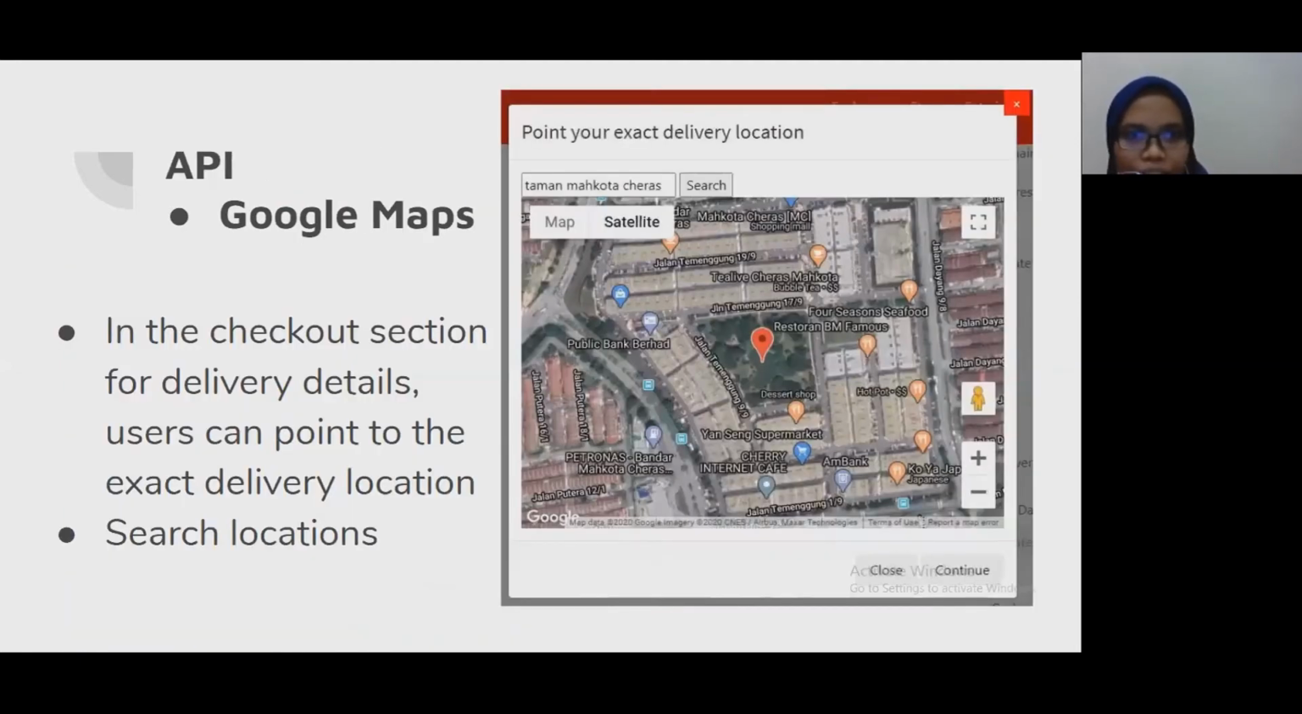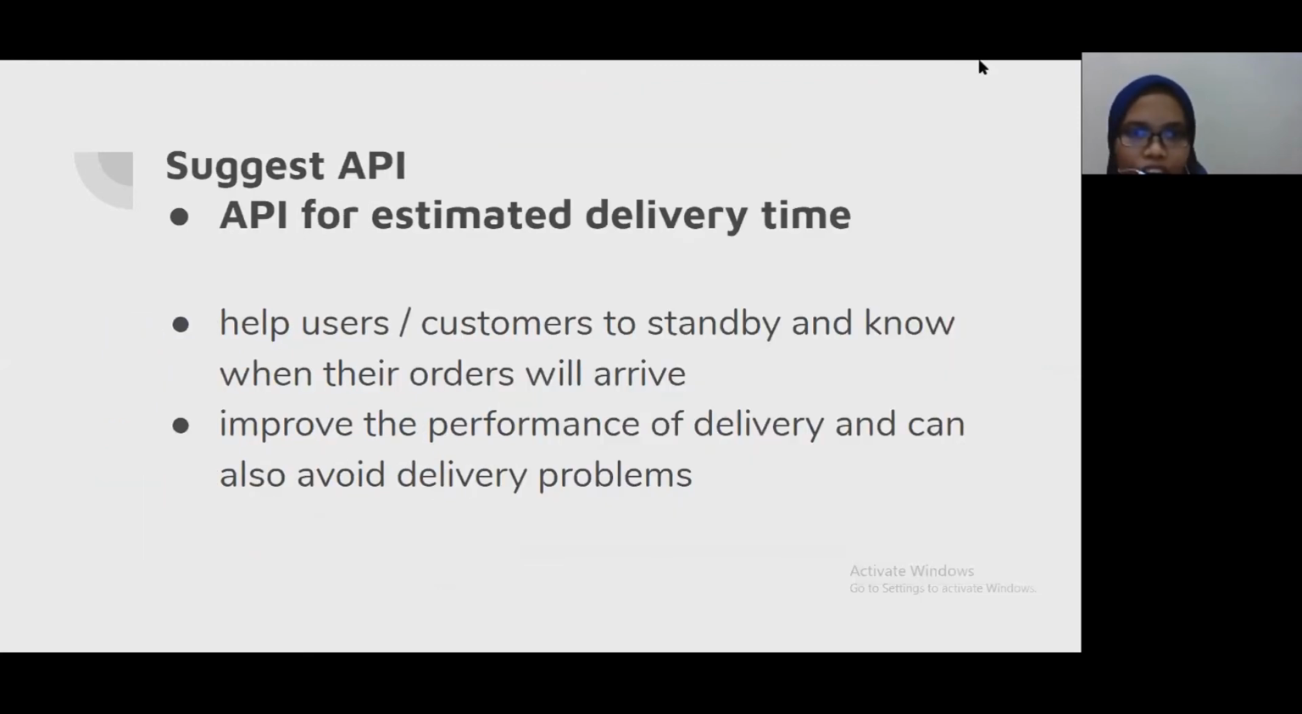Next, the API that I found from the Running Man website is Google Maps. In the checkout section for delivery details, users can point to the exact delivery location. Users can also search for a location in the Google Map provided. Next, I would suggest an API for improved functionality of the system, which is an API for estimated delivery time. This API may help customers to stand by and know when their orders will arrive,